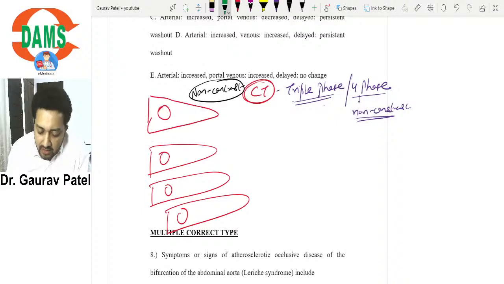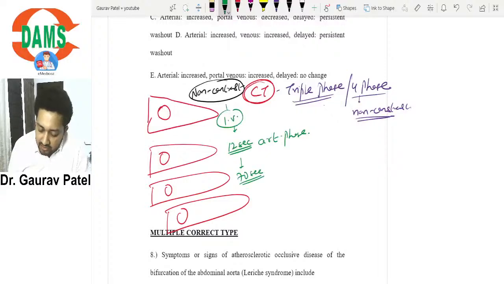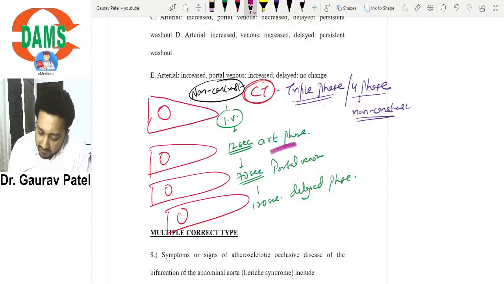Non-contrast, the hepatocellular carcinoma will look hypodense. Now you will give IV contrast. After giving IV contrast, approximately 12 seconds later, you will take an image that is arterial phase. Around 70 seconds, you take another shot that is portal venous phase. And then around 120 seconds, you will take an image that is delayed phase. So these are, you can say, triple phase, and if you take non-contrast also, then you can call it